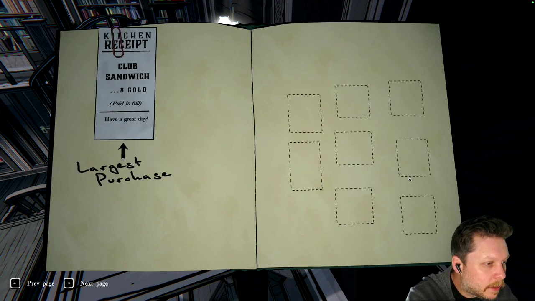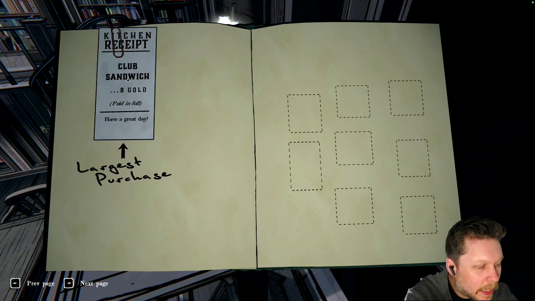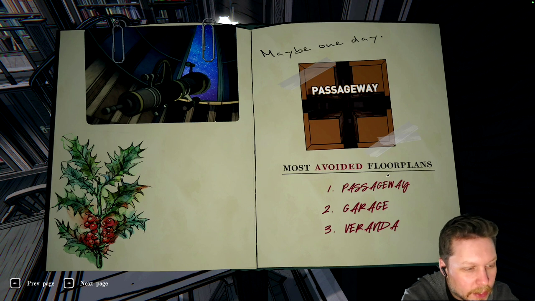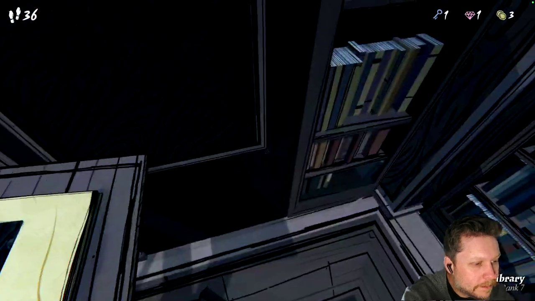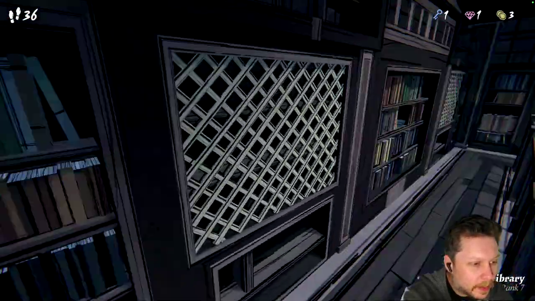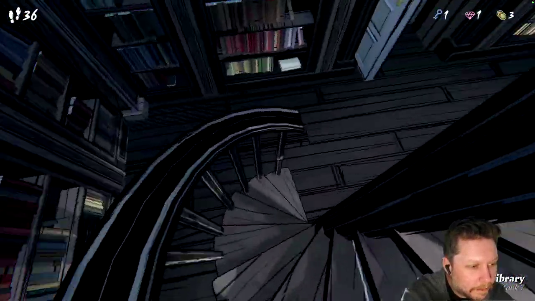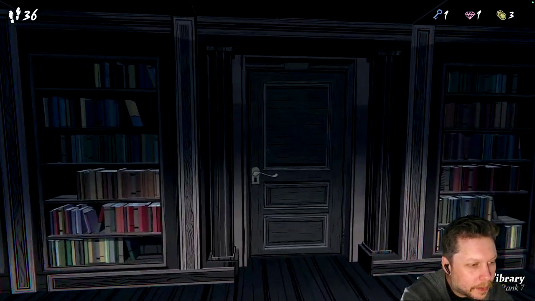Contraptions I've made, none. I don't know how you make contraptions. Kitchen receipt. I bought a club sandwich for $8. Most avoided passageway, because it costs 2 gems, I think. Garage. I shouldn't avoid that one, though, but it's a dead end, which is the issue. Veranda. I don't remember that. Cool. So some interesting game information on the second floor here. I don't know that there's much of anything else. Back down. Dizzy warning there. Okay, I think we've explored the library as much as we...